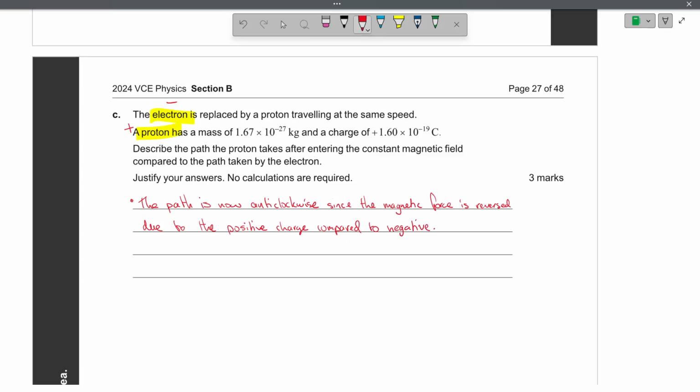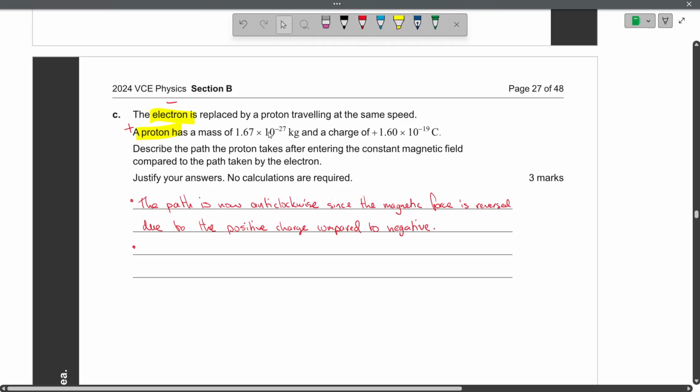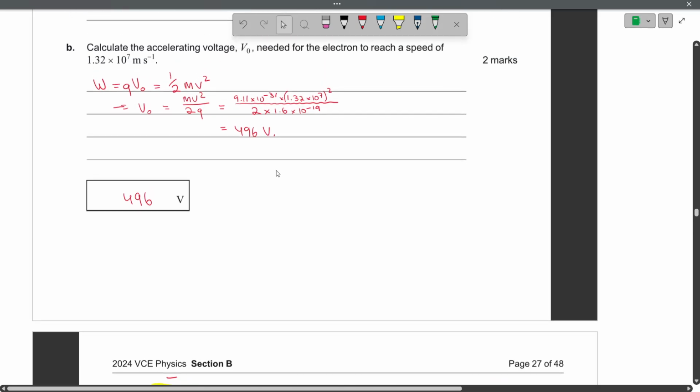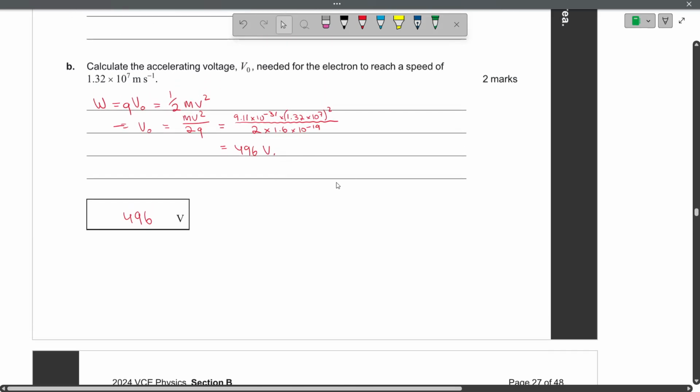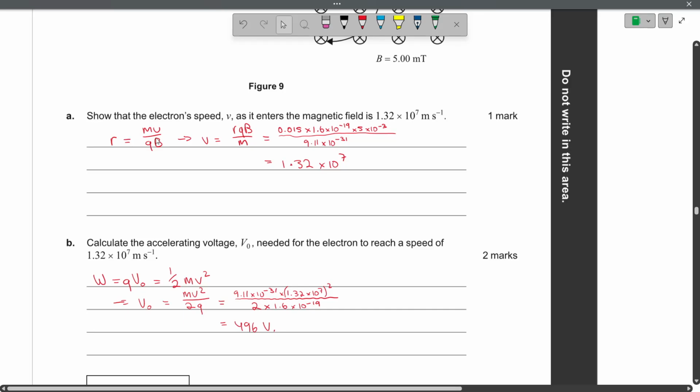Okay, so that's one thing that will happen. What's also going to happen is the proton has a different mass to the electron. The proton's got a much larger mass, times 10 to the minus 27 compared to times 10 to the minus 31. And because of this equation here, we see that if there's a larger mass, there's going to be a larger